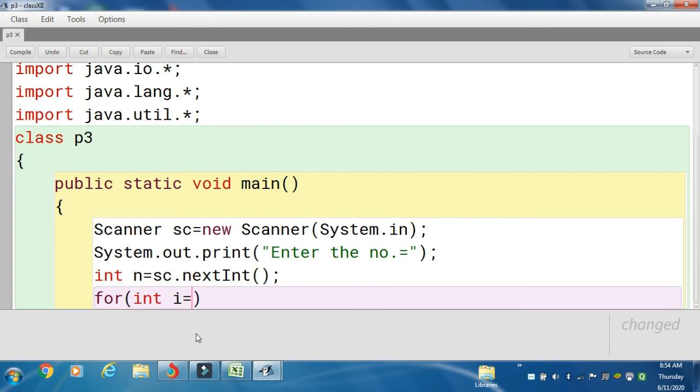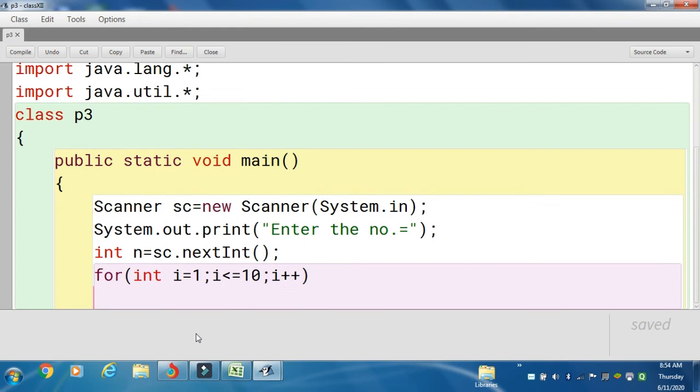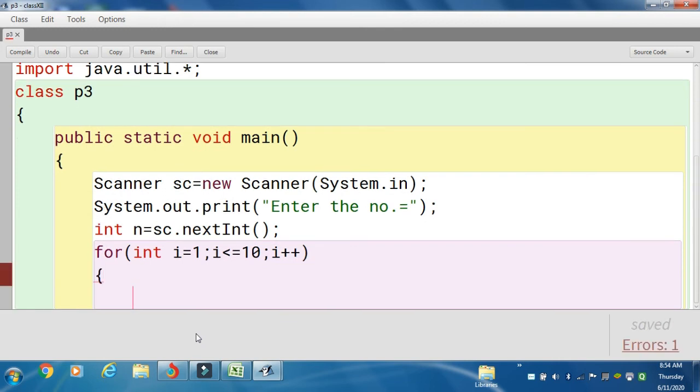So for the starting part, let us take, say, i = 1, i less than or equal to 10. We'll take up to 10, so the table of 2 goes 2 times 1, 2 times 2, 2 times 4, up to 10. Then i plus plus. Now inside this